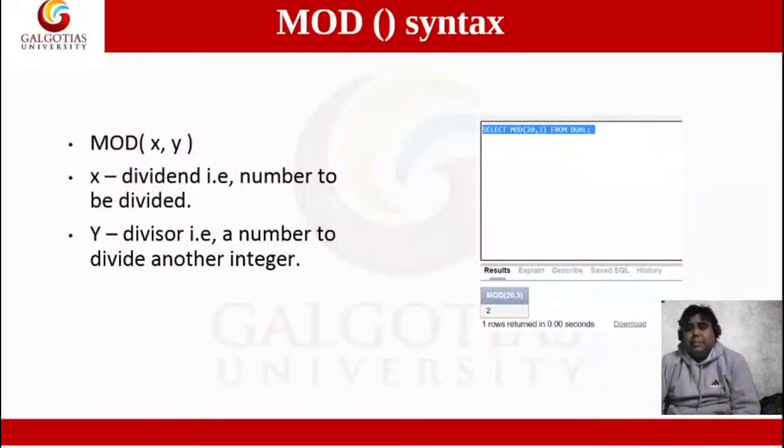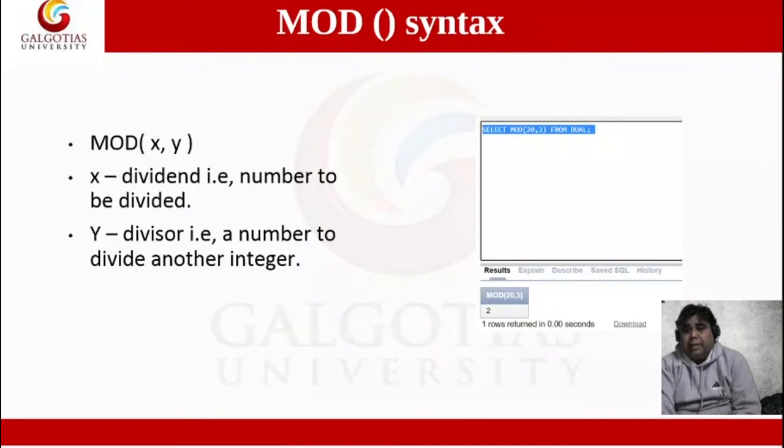So let's see an example and the syntax of mod. It is mod(x, y), where x is the dividend, that is the number to be divided, and y is called the divisor, that is the number used to divide another number.